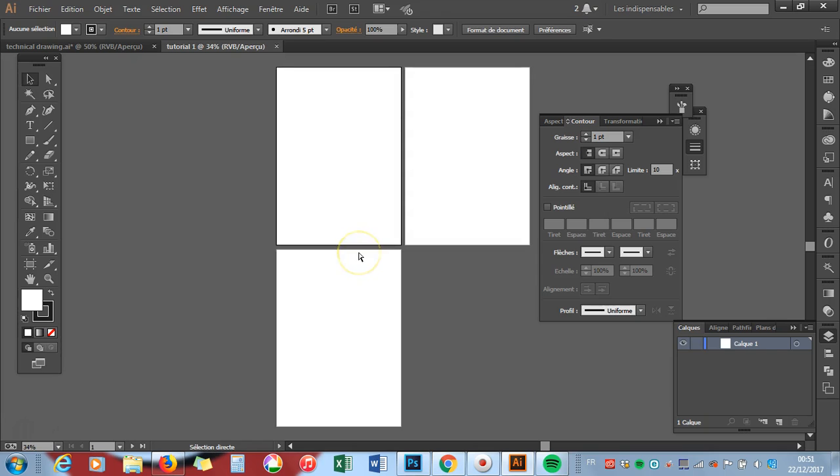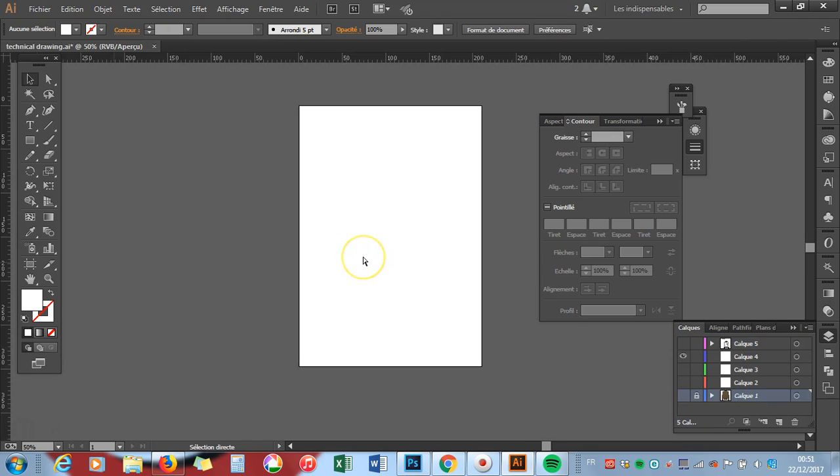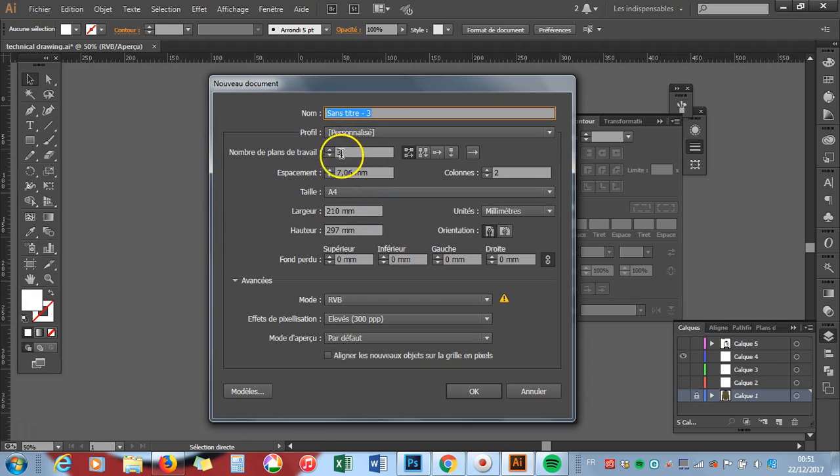So I just closed this because I don't need 3 pages. It doesn't matter if you forget to put the exact number of pages here, because you can always change the number of pages with a tool inside of Illustrator, and I will show you which one. So let's open just one page A4, 3 colors, RGB, and the title I put tutorial. You're not obliged to put the title because you can name your file when you save it. Okay,